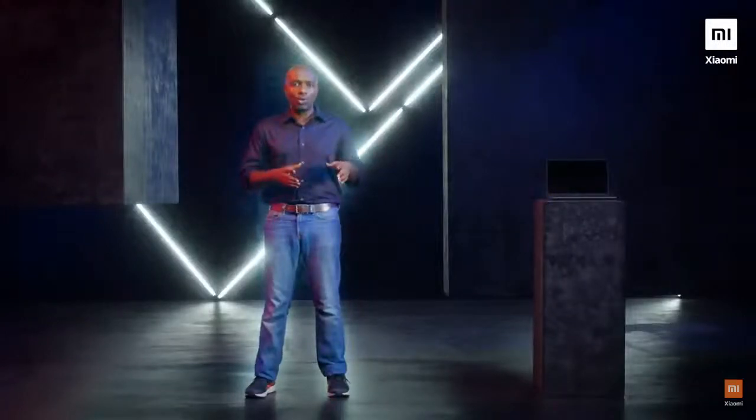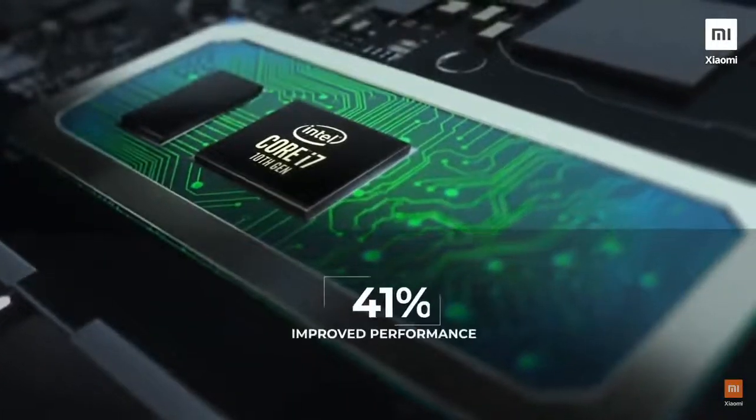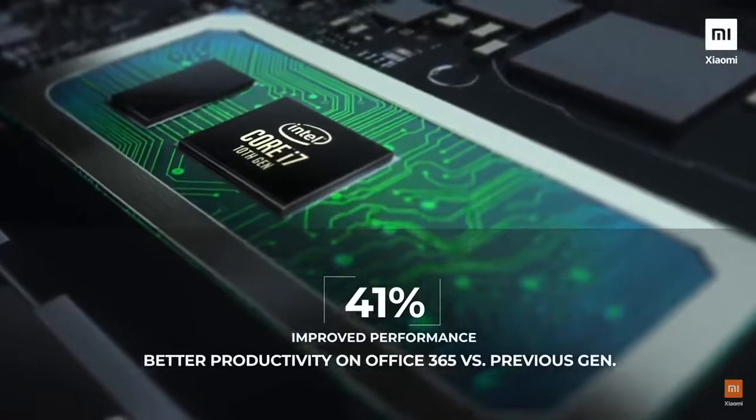The Core i7-10510U offers a single core boost clock of 4.9 GHz and a multi-core boost clock of 4.3 GHz, making it the fastest 10th Gen Intel Core U processor. It's important to remember that the Core i7-10510U offers a 300 MHz improvement in turbo boost clock over the previous generation, making it the single fastest 10th Gen U series processor. This results in a 41% improvement in performance on Office 365 over the previous generation with no bottleneck and no lag experience. The 10th Gen i7 processor allows for great everyday usage,